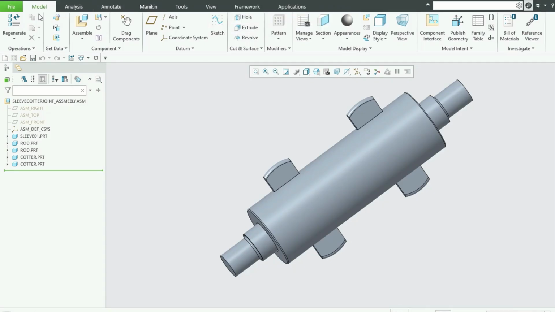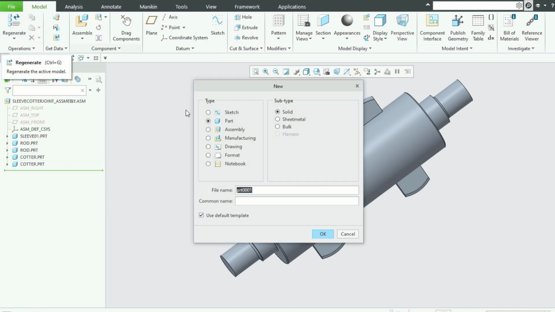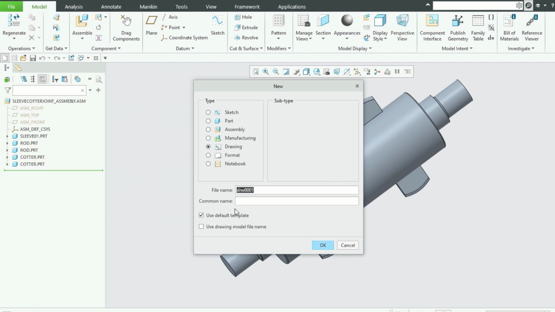Now let us start creating a 2D assembly drawing. Go to the File menu, click New, and click Drawing, and check Use Default Template. Give the drawing file name, sleeve,